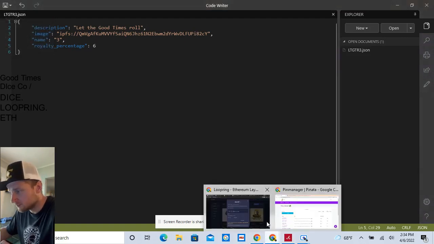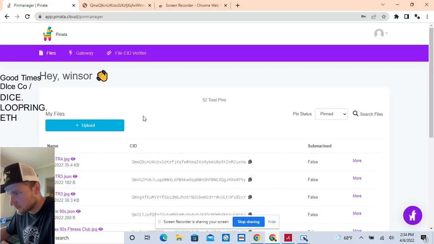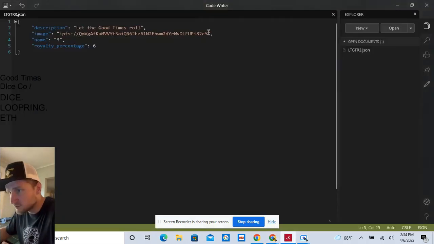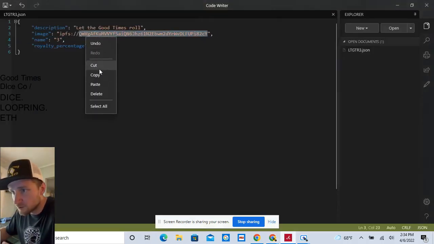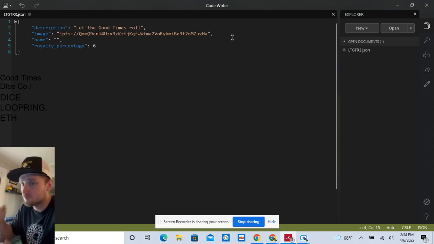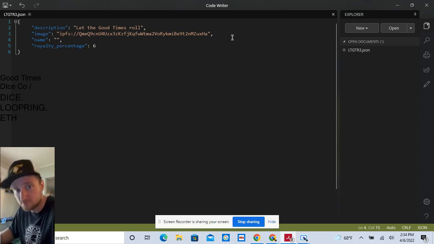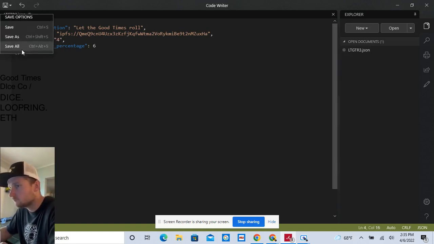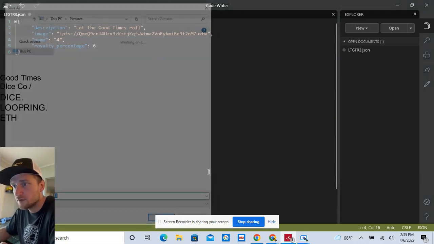Make sure that I've got, let's see, all right, so let the good times roll 4, copy the CID, come back over to our JSON file, got to put in the correct CID here so that we can make sure that we're minting the thing we want to mint and naming it appropriately, because it's blockchain. Once it's done, it's done. So name is number 4, save as